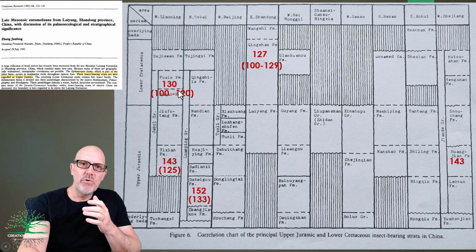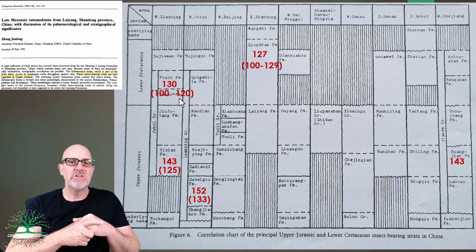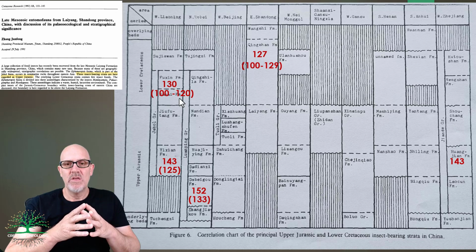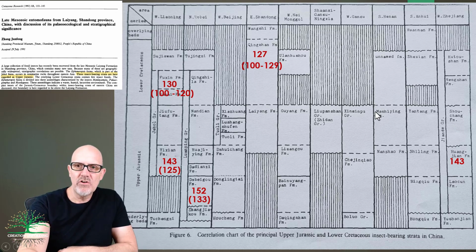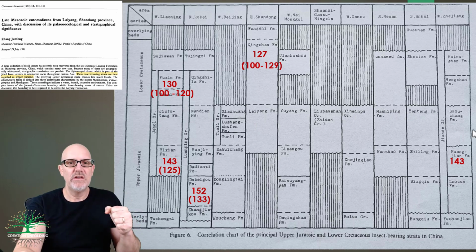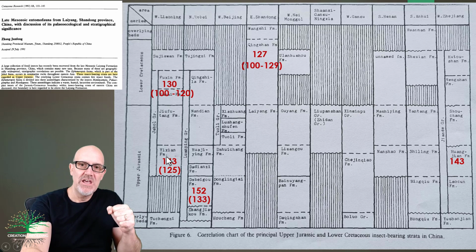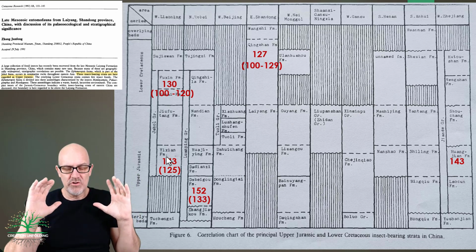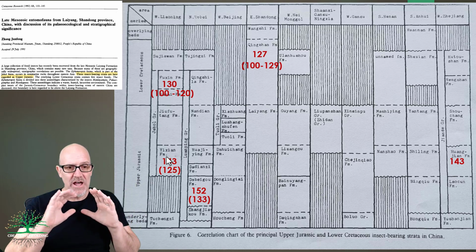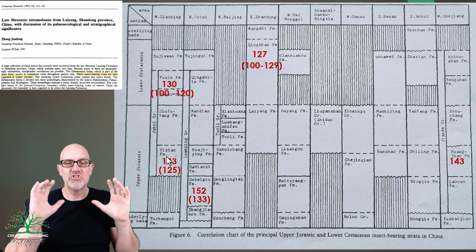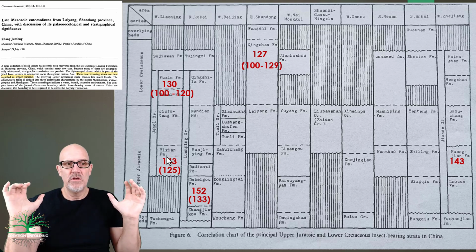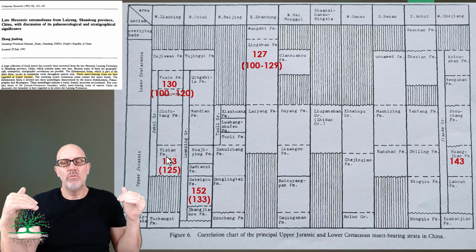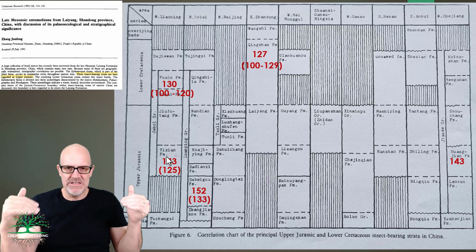But considering that there were other radiometric dates made in some of these other formations, all of those radiometric ages were changed as well. And so all of these formations right across here will actually all be bumped up 20 million years to fall in line with the dates for the Ishian formation. That's the entire Jehol group, not just the sedimentary groups, but the whole entire sedimentary formations that contain the Jehol biota. All of them were redated, and all of them were made younger by 20 million years.